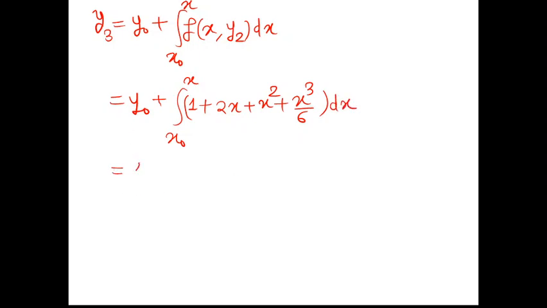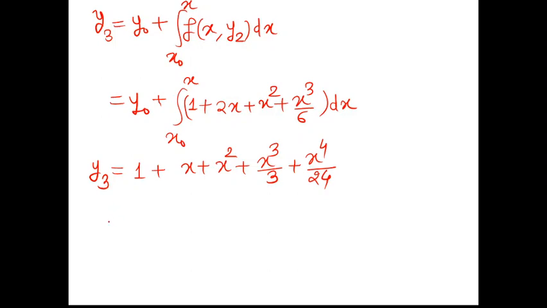Now y naught is 1, so 1 plus integration of this is to be done. So x plus x square plus x cube by 3 plus x to the power 4 by 24. In this way we get the expression as 1 plus x plus x square plus x cube by 3 plus x to the power 4 by 24, and if you count the number of terms available here, this comes out to be 5. So we have to stop here. So we have obtained the solution of the differential equation up to first 5 terms by Picard's method, which is given by nothing but y3.